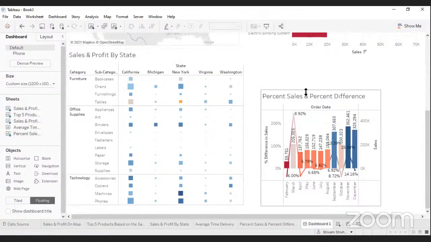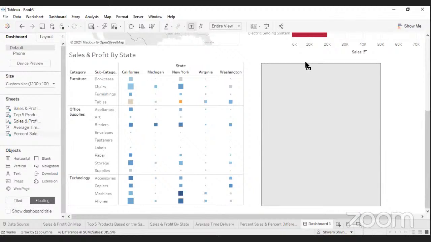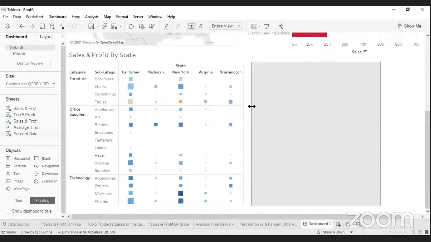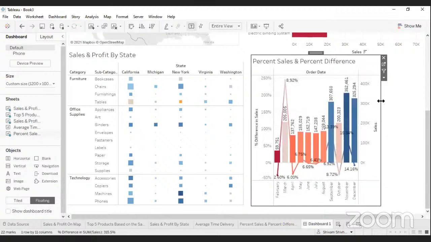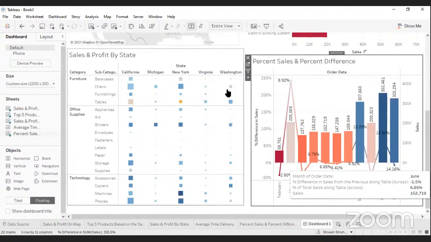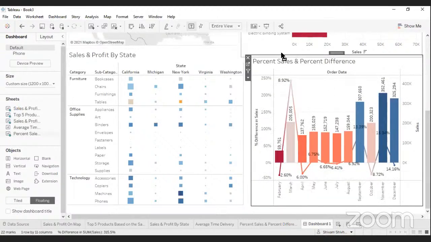If you want to increase the size, you just simply drag it. I didn't get the filter here automatically, sir. Yes, you will get it. You just need to change and apply onto the worksheet, because in that worksheet, if you are showing the filter, the same filter will come onto your dashboard as well. So this is basically